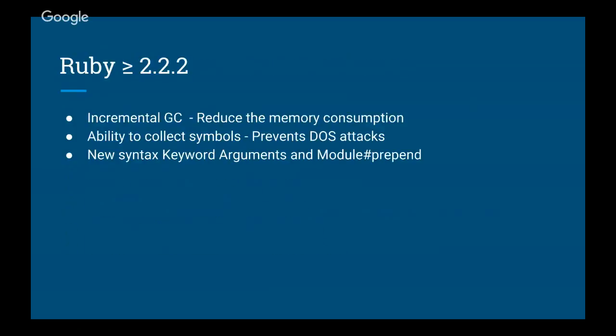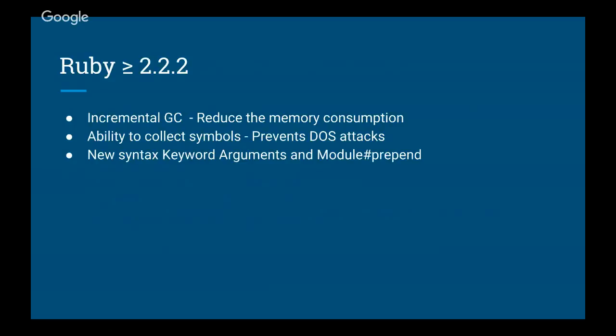Yeah, basically all these things are the next. So why the unit will be greater than or equal to. So one thing is a performance increment, which the new Ruby has the incremental garbage collector, which reduces the memory